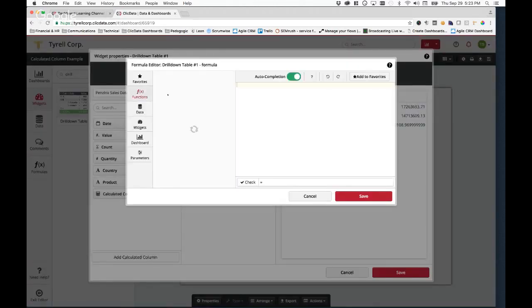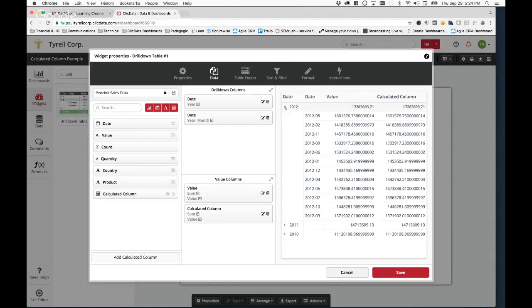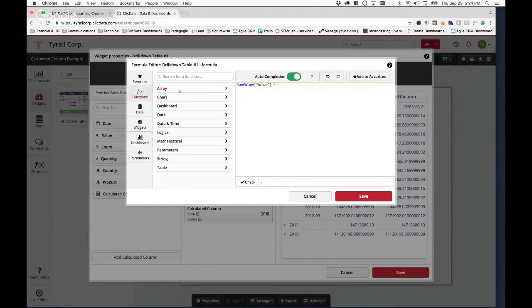So again, I'll go to the functions table, the row value, and I'm going to put value. That's the name of the column. I'm going to drag this into the value columns. This is pretty simple. I've just created a calculated column that equals the column to the left of it. Not very complex, but what this allows us to do is, instead of doing a percentage of the total, I could go into this calculated column and divide that by, again, the table row total or row group.